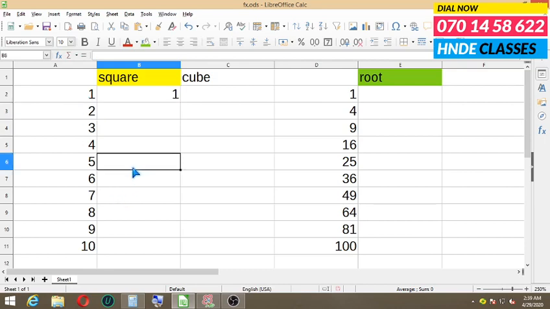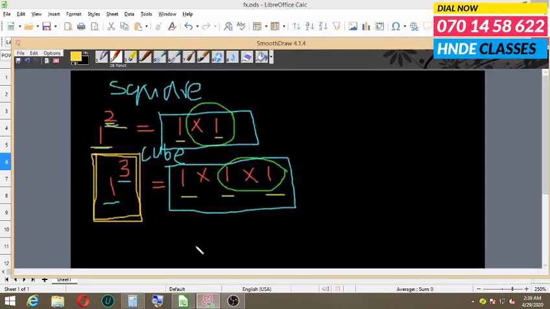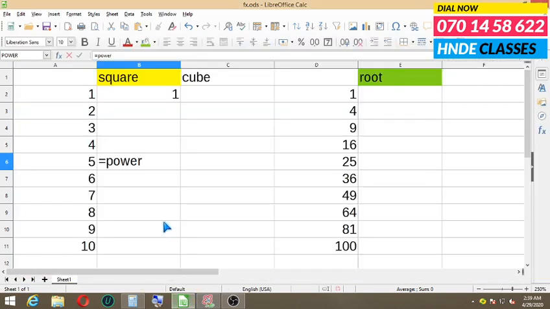Let's try it once more. Equal power. What do you mean by power? As I told you, power is base into any exponent, the product of which we call power. So irrespective of whether you want to find the square or the cube, the function you will be using is power. So equal power.